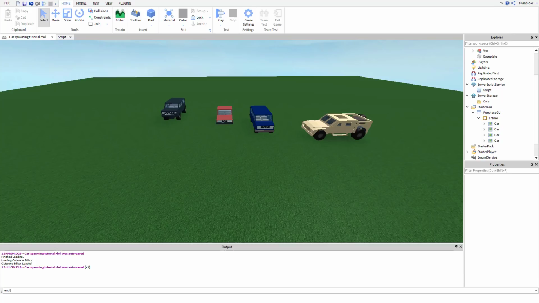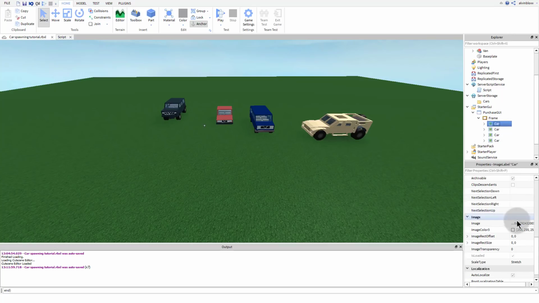Okay, so I've got all of my images uploaded to Roblox. I uploaded them by going to the Create tab, and then I click on Decals, and then I can just select all of my images and upload them. So I'm going to get the ID from each decal on the website. So you just go to your decal, and in the website link there is a number. That is the ID of the decal, and you just want to paste them into this property down here.